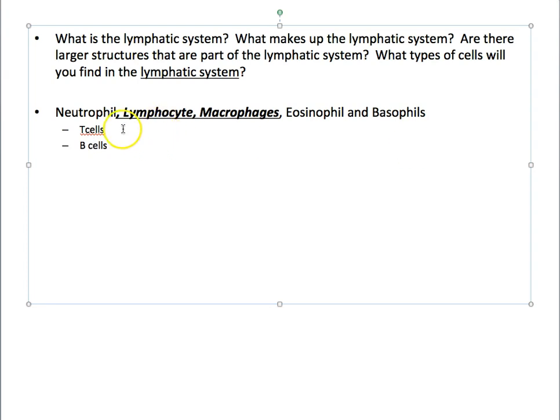All right, T cells come in two flavors, CD4 and CD8, also known as helper and cytotoxic. Okay, B cells will become activated to become plasma cells, and these secrete antibody,